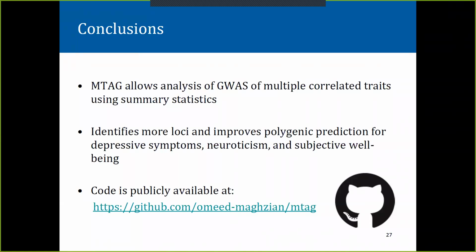But what you would probably find, in fact what you do find, we did this, is that if you don't remove that region and then apply MTAG, all of a sudden that inversion region is strongly associated with all of the traits. Now I find myself really skeptical of those results because I know that's a region of long-range LD with abnormally large effect sizes for neuroticism, and so it makes me think that even though there's an MTAG depression hit in that region,